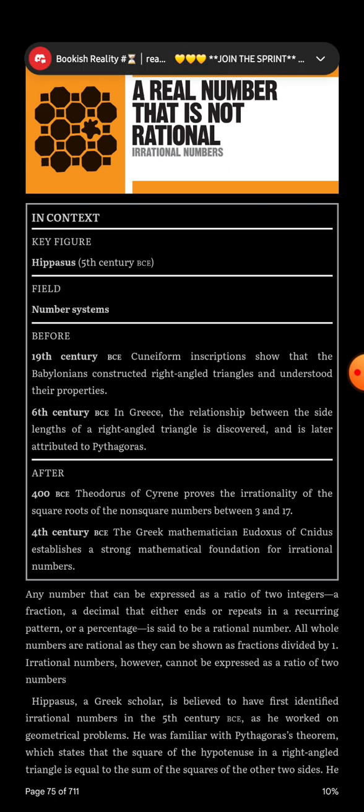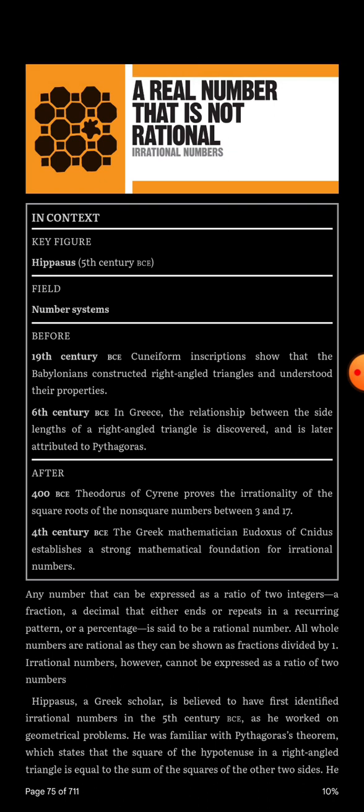All whole numbers are rational as they can be shown as fractions divided by 1. Irrational numbers, however, cannot be expressed as a ratio of two numbers. Hippasus, a Greek scholar, is believed to have first identified irrational numbers in the 5th century BC as he worked